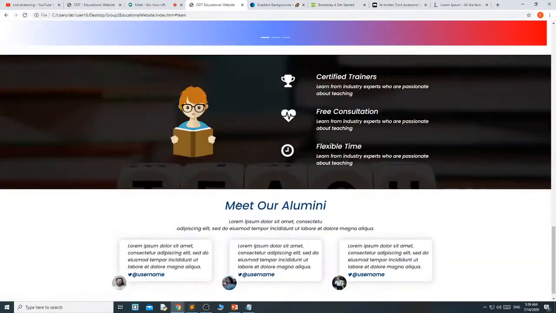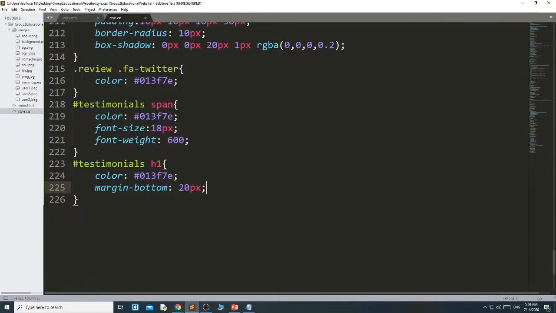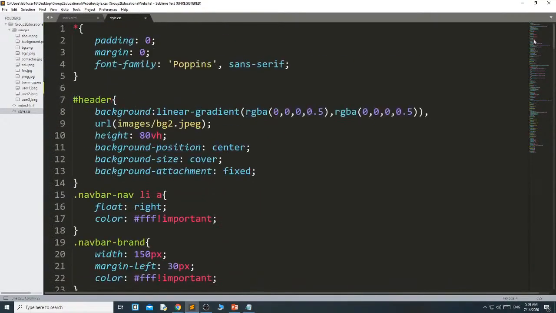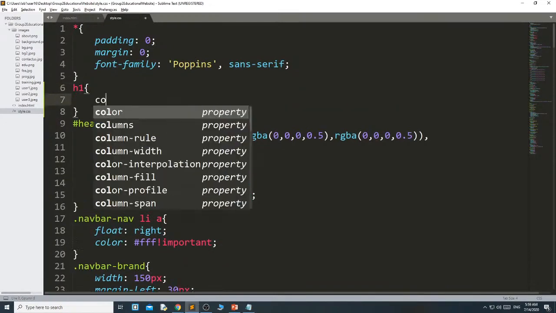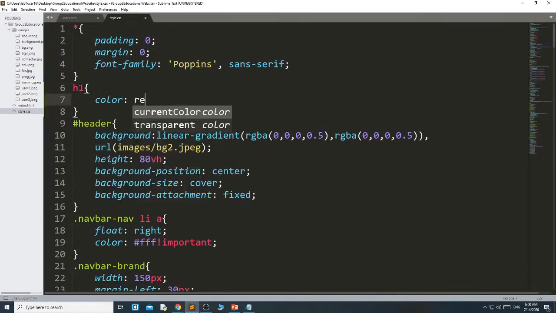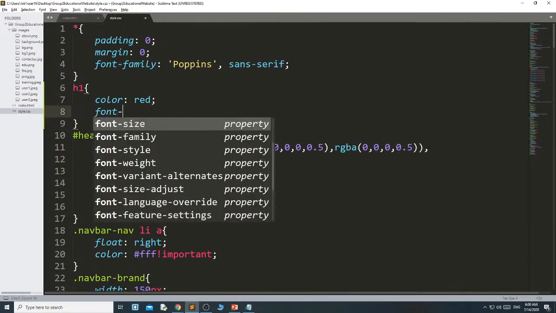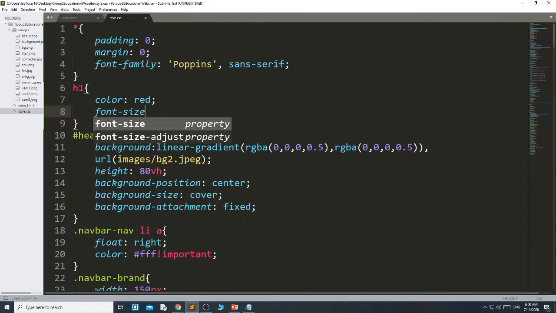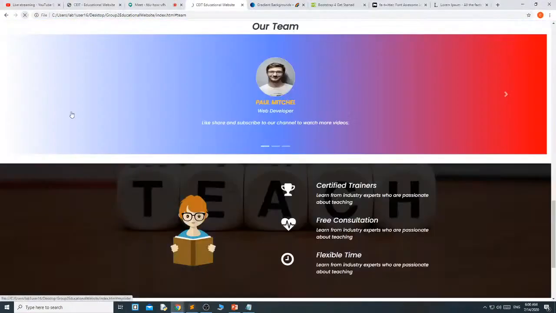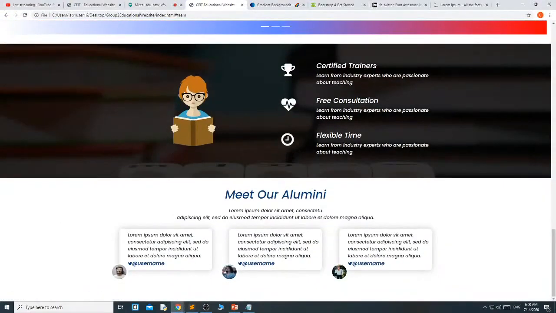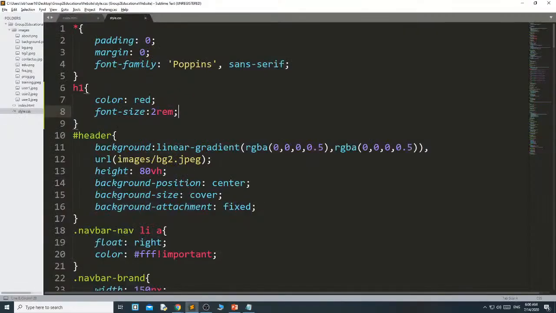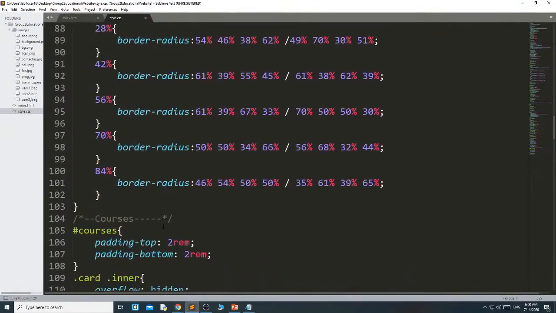See, change the color. Suppose you have written H1 in the beginning, like here, H1 color red, font size suppose 2 rem. Okay, see, it will not affect here because you have overwritten that. Suppose here you do not write this H1.